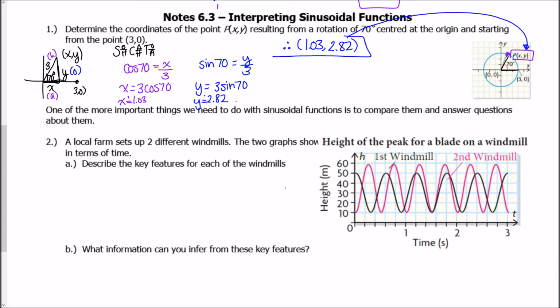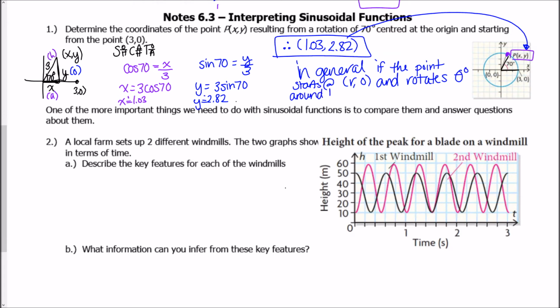So that's my answer here. In general, we can always say that if the point starts at (the radius, 0), here the radius was 3 and the point was (3, 0), and rotates theta degrees around the origin, the resulting coordinate has to be